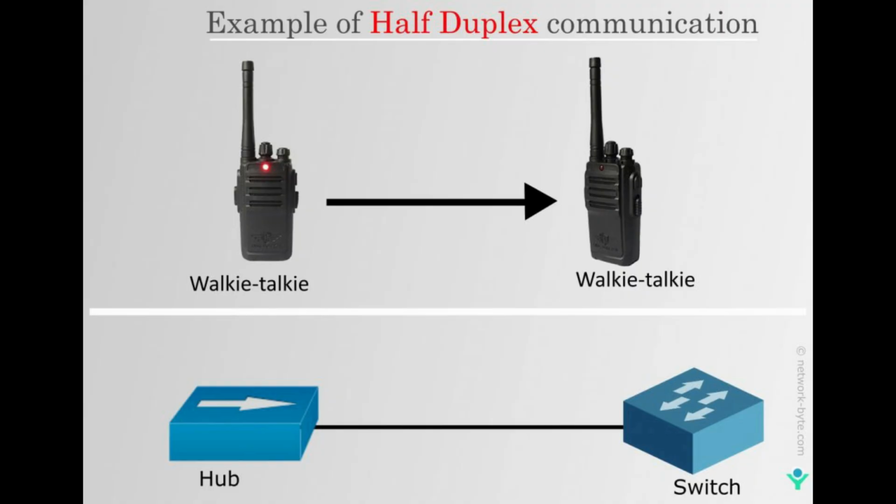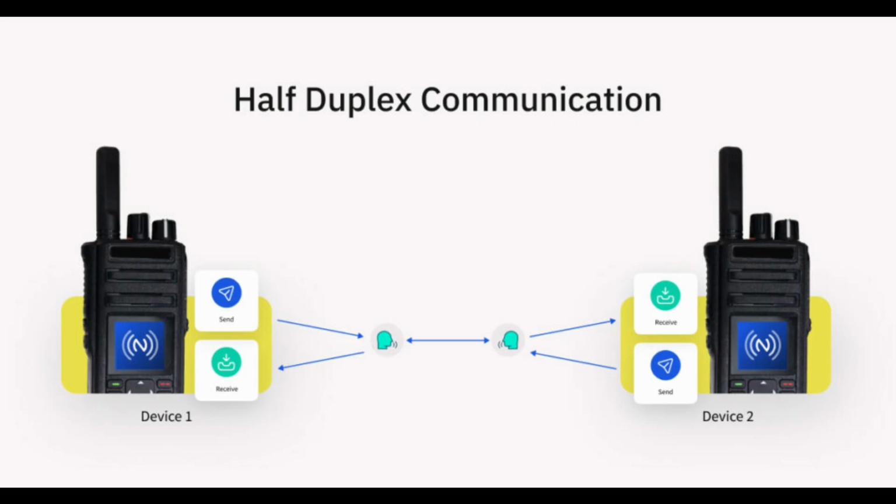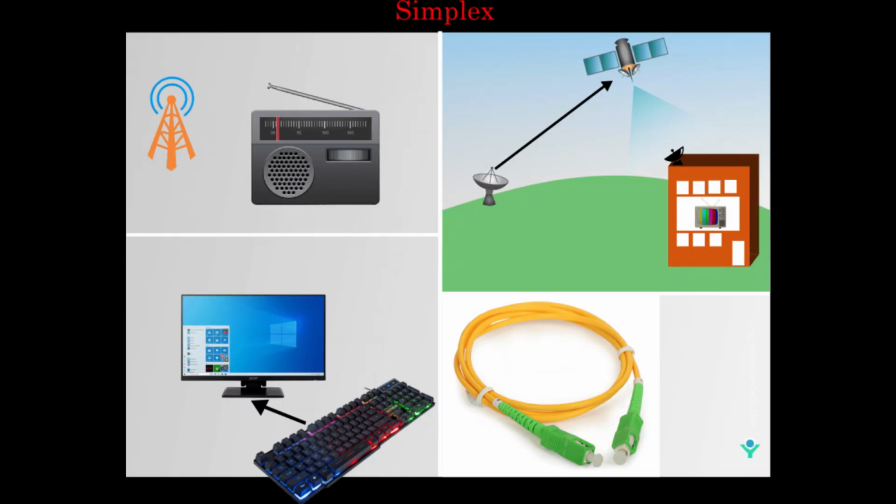An example of full duplex communication is phone calls, where both parties can speak and listen simultaneously. Half duplex is like a walkie-talkie, where only one person can speak at a time. Simplex is the keyboard sending input to the monitor, where the monitor displays the input but cannot send information